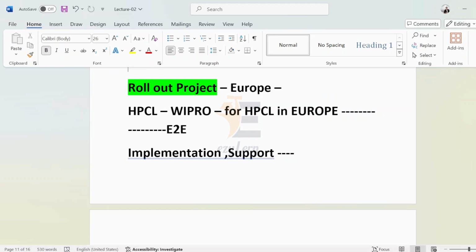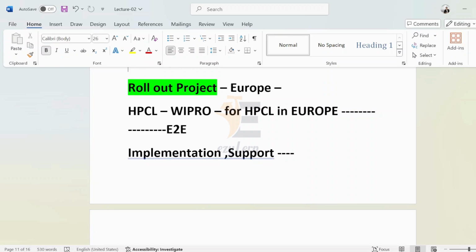If they want to do that with the help of the same Infosys, then this will be a rollout project for Infosys. Why will this be a rollout project for Infosys? Because Infosys has already prepared all the documents, all the templates, whatever is required, for India's plant. Right now they are going to do that for the France plant. So they will use all these documents, they will just copy most of them, only little changes will be there, like tax procedure changes.